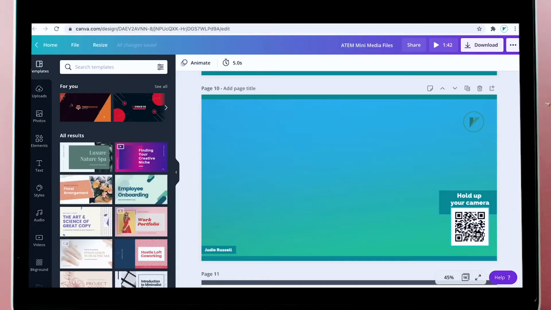And what's really cool is that you can even overlay a QR code onto your Zoom or Teams presentation so that people can hold up their phone, scan the QR code, and then go to all of your, I don't know, you could lead them to LinkedIn, or you could lead them to Linktree, where they can access all of your social media or website, Instagram, Twitter. You could put up those different links. And that's just one idea that I've seen for an overlay, so I'm sure there's plenty of other things that you can think of yourself that could work really well.